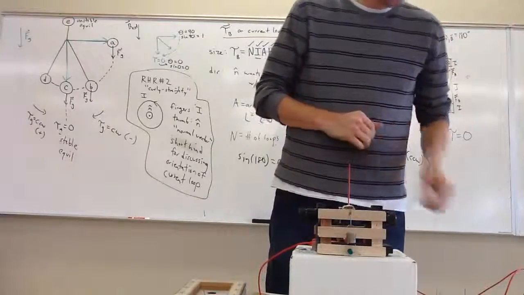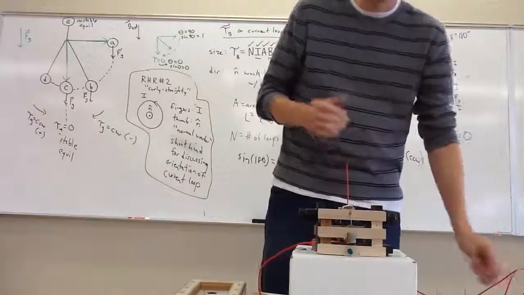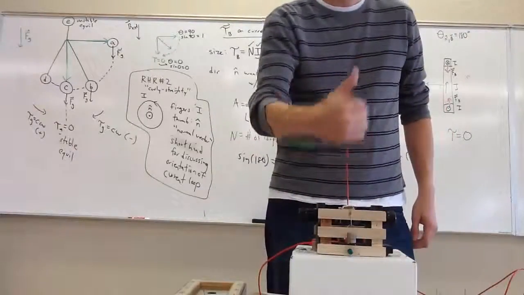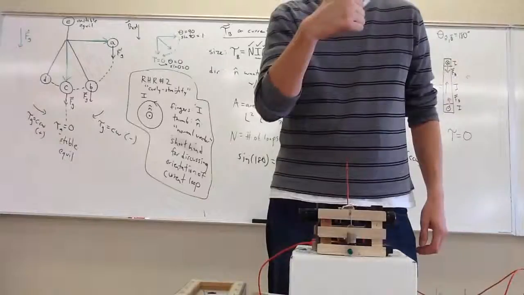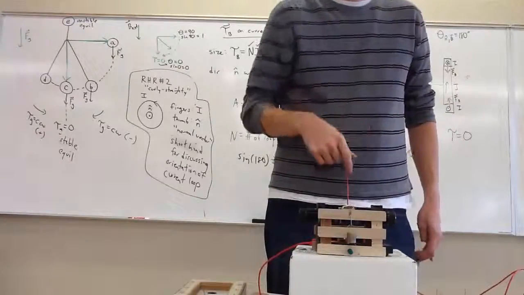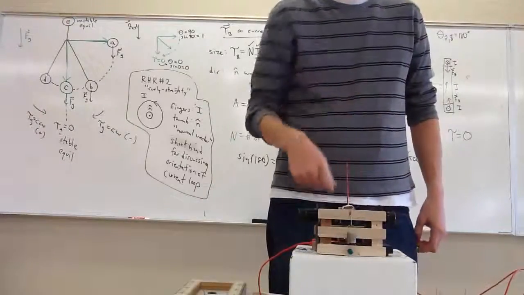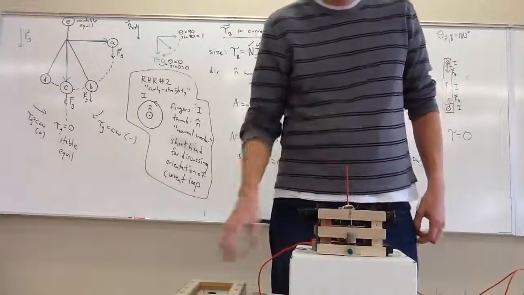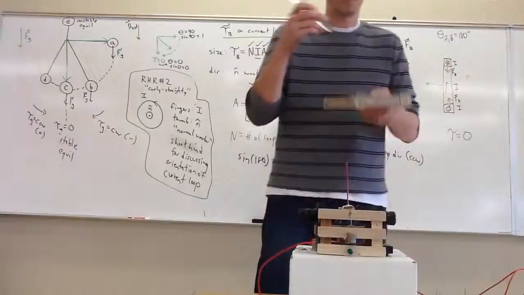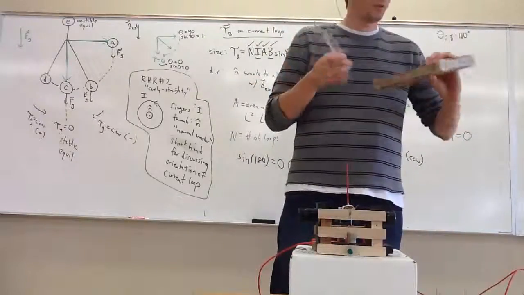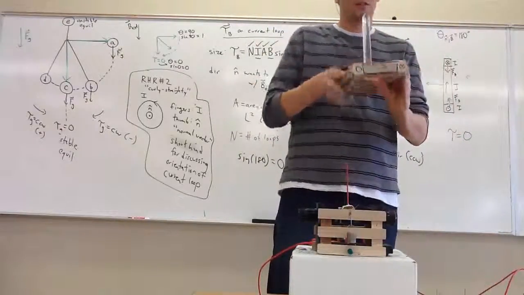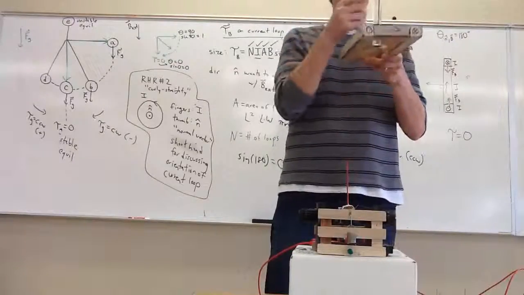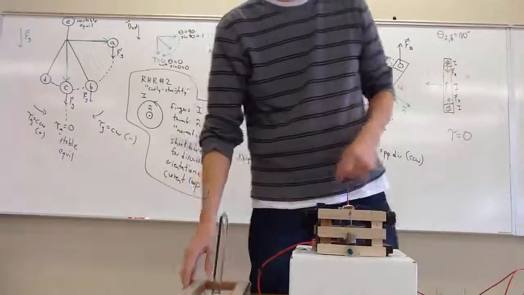Some of you that are up close may be able to see the winding there. So what I'm going to do momentarily here is I'm going to send current through it. If I send current through it, the normal vector will point like this. This little coffee stirrer is basically a proxy for the normal vector. Instead of this fancy plexiglass thing, the normal vector would be like this. So wrap your fingers around the current, thumb goes like this. Instead of this fancy plexiglass thing, it's a little coffee stirrer. Okay,